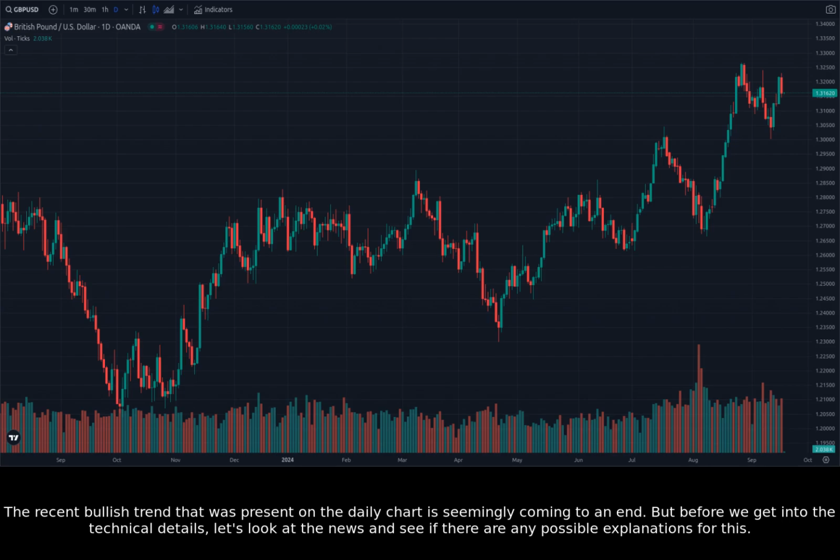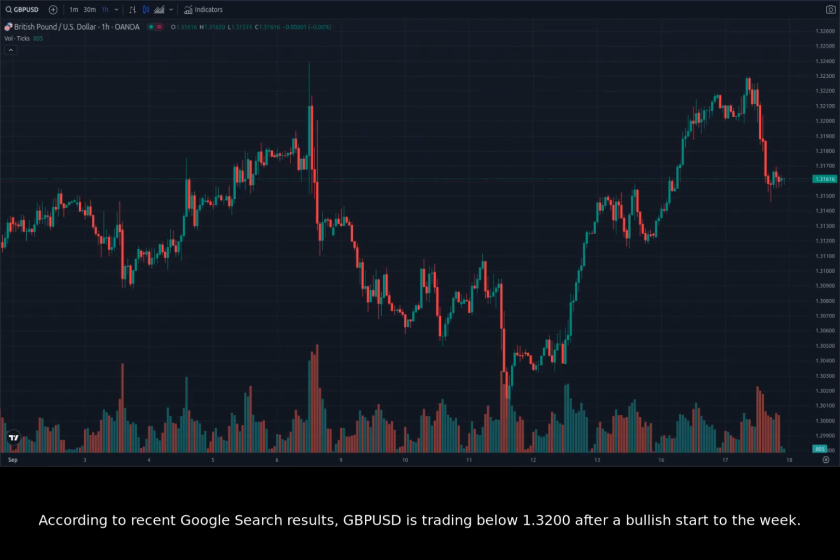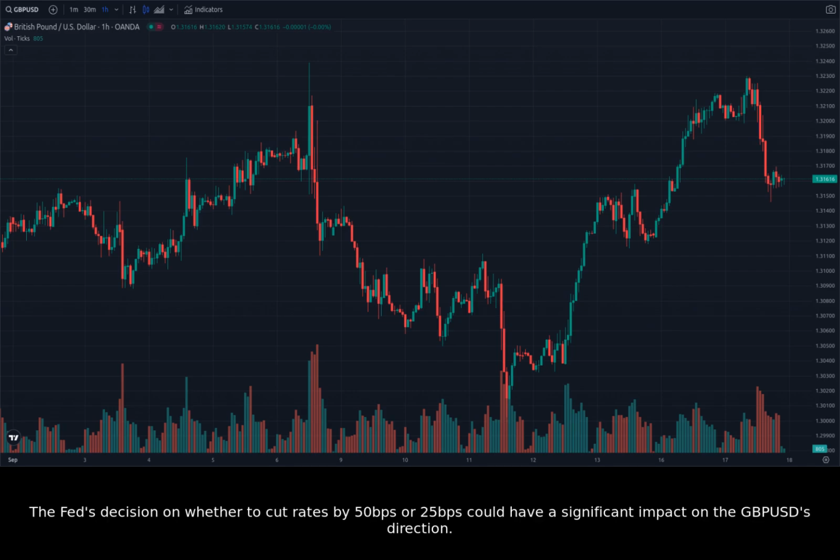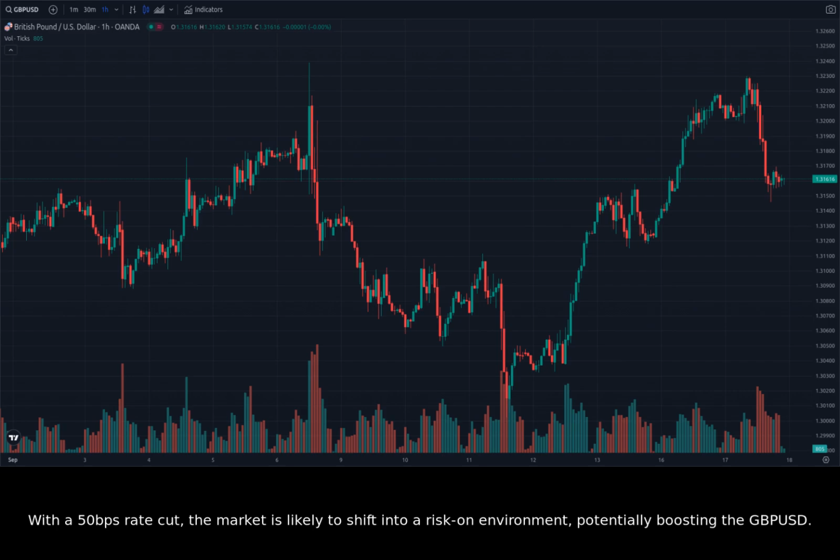But before we get into the technical details, let's look at the news and see if there are any possible explanations for this. According to recent Google search results, GBPUSD is trading below 1.3200 after a bullish start to the week. The market is cautious ahead of the Federal Reserve's policy meeting, which is expected to result in a rate cut. The Fed's decision on whether to cut rates by 50 bps or 25 bps could have a significant impact on the GBPUSD's direction. With a 50 bps rate cut, the market is likely to shift into a risk-on environment, potentially